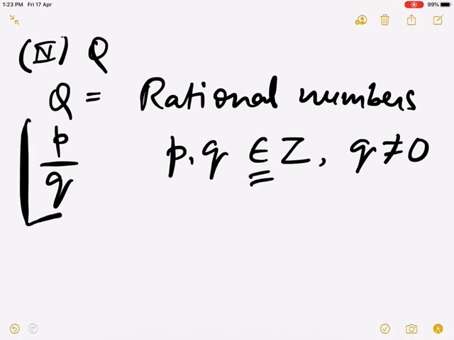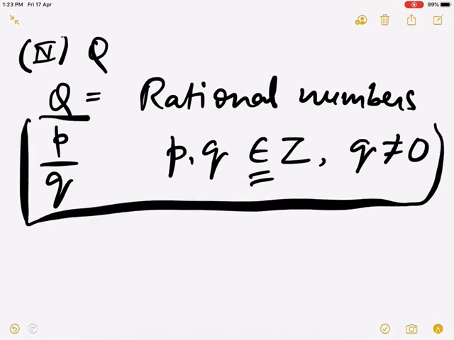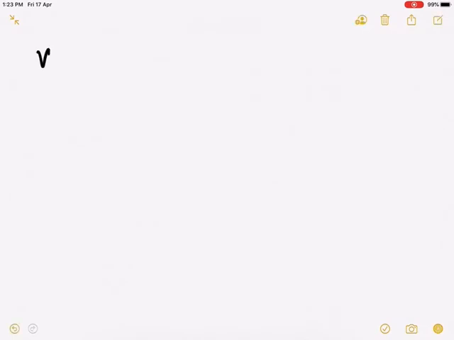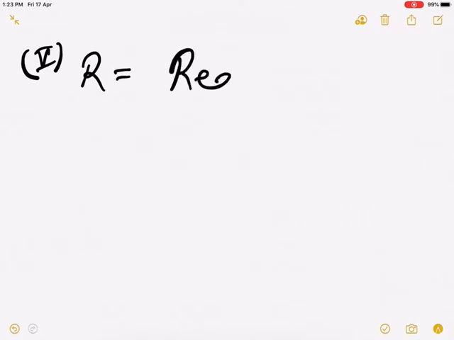Now this is also the definition of a rational number, so therefore you also have question number 5 solved here, so that makes it answer of question number 1 fourth part and question number 5 also. Now let us take the fifth part of question number 1. Now the fifth part was a set R. Now R is the set of real numbers.